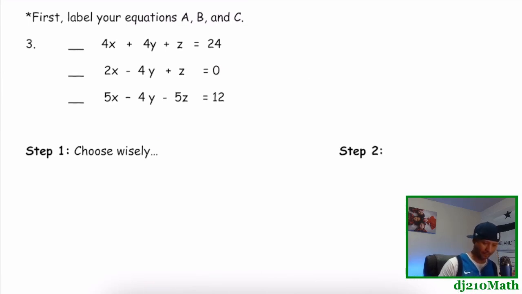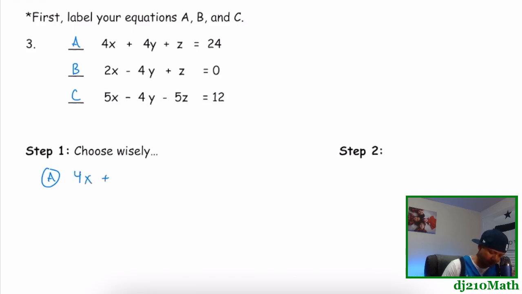Number 3. Again, A, B, C. All right, I'm looking. I see. All right, so right here, this jumps out at me. Right, positive 4, negative 4. The y's are going to cancel if I choose A and B. So if I choose A,